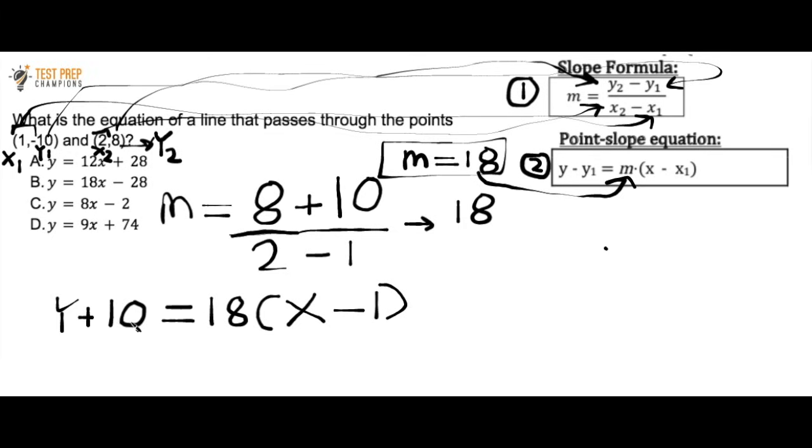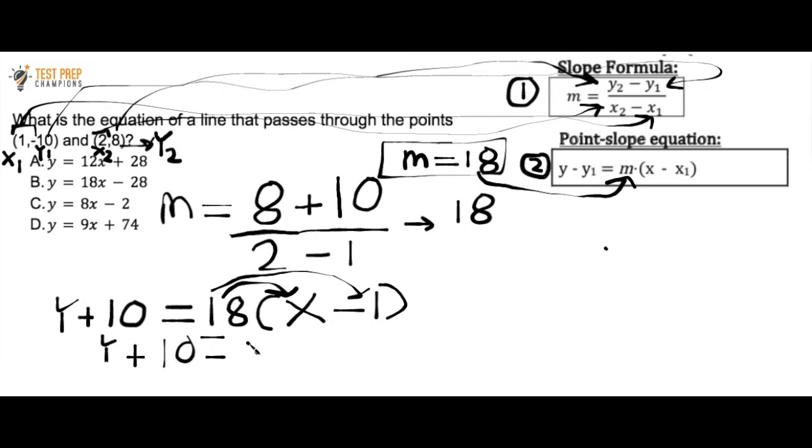You could start by handling the 10 over here, or you could start by distributing the 18. So I'm going to start by distributing the 18, just personal preference. So I would do 18 times x, which is going to be 18x, then 18 times negative 1, which is going to be negative 18. So I have y plus 10